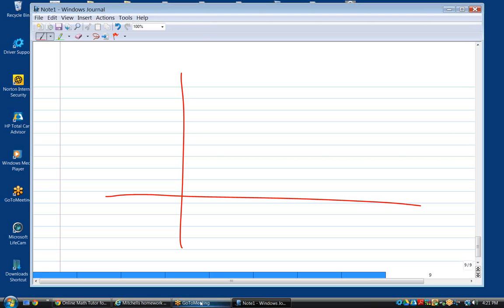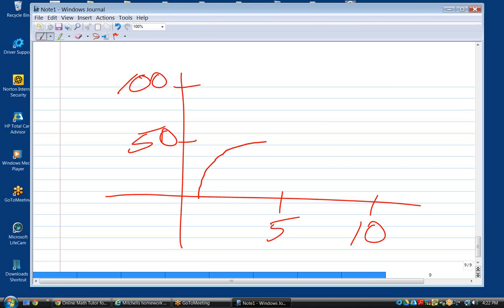Average rate of change means slope. Okay. It's the change in the rise versus the change in the run. In other words, let's say we had a graph here, and our graph looks like this. What's the average rate of change between 5 and 10? It would be